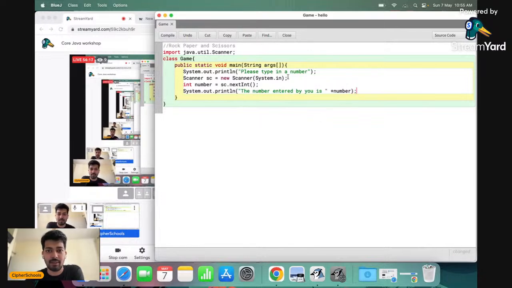Very simple. So let's run it, and then we'll try to understand the meaning of each of these lines.